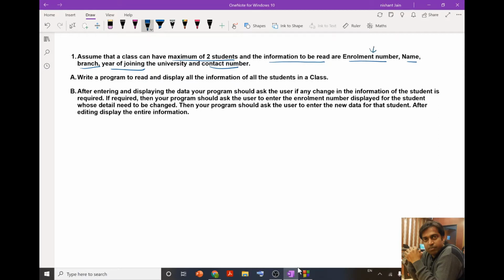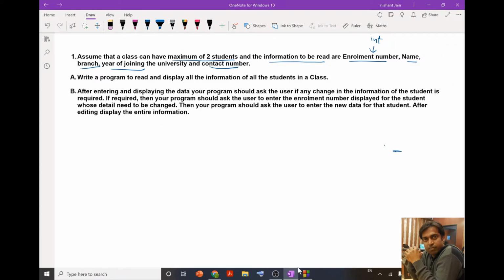So for the enrollment number the data type should be integer, and again it depends on the length of the enrollment number. Since if your compiler allows only 2 bytes for the integer, then you need to check if your enrollment number comes within that range or not. If it is not coming within that range, then instead of int you have to define it as long int. So you need to check it on your compiler.